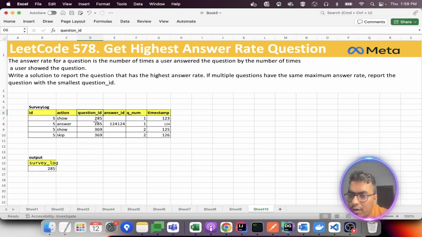First of all, for each question ID we need to calculate the answer rate. How many questions do we have here? Only two, 285 and 369. So suppose I want to build a table like this, with question ID. Of course we need to group based on the question ID itself, so there have to be two rows only,